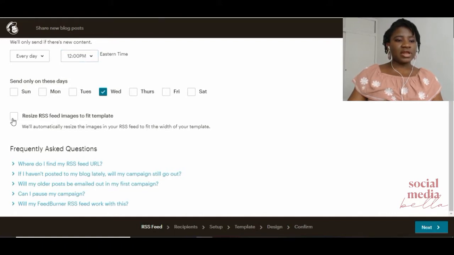So you can click on that, so it will resize. And if you need more help about this whole tutorial, where do I find my RSS feed, if I haven't published a new blog post lately,